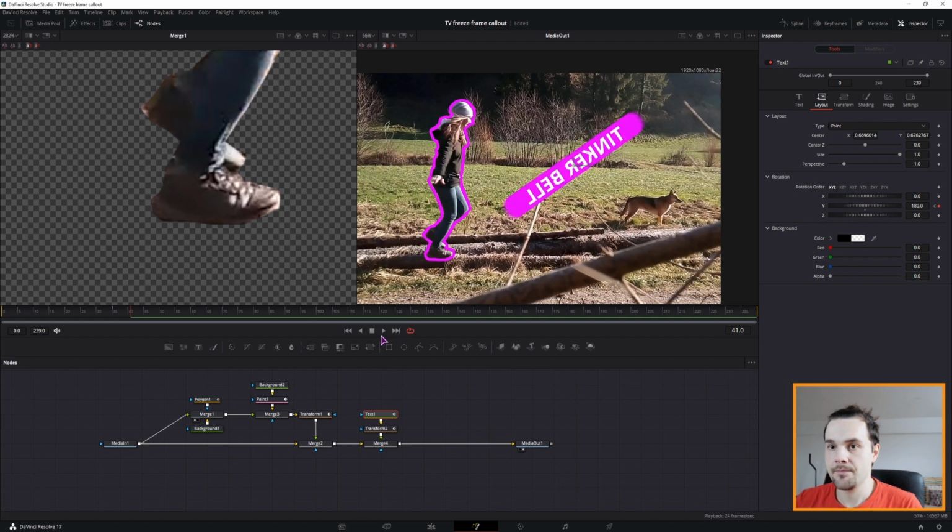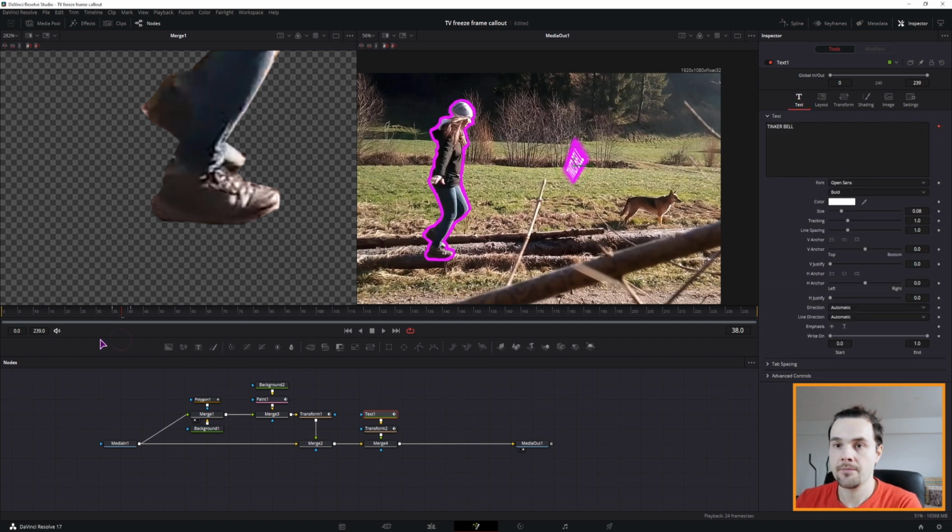So 180. But now as you can see, the text is upside down, so we have to fix that. But before I do, let's just switch what the text will say. So maybe the text will disappear at this point. So go to the text, keyframe this, and on the next frame we'll say something else. So now we have the text Tinkerbell walking, but we need to change the direction of the text from this